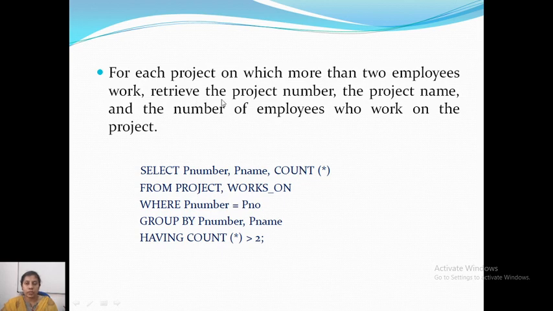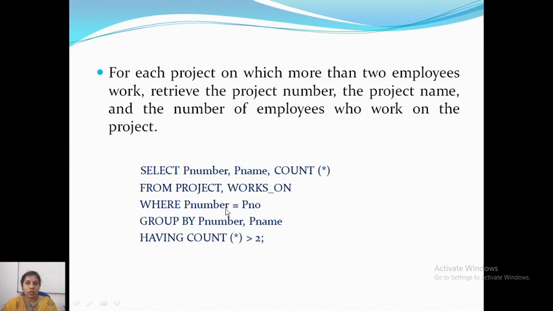From which table can I get this? From project and works on, because I need to find out the number of employees who work on the project. So works on and project relations we have to include in the from clause.